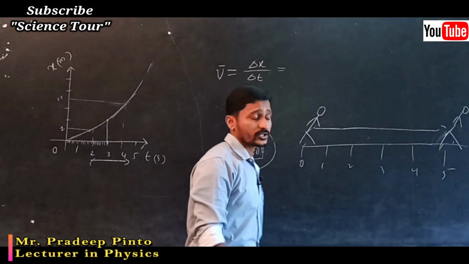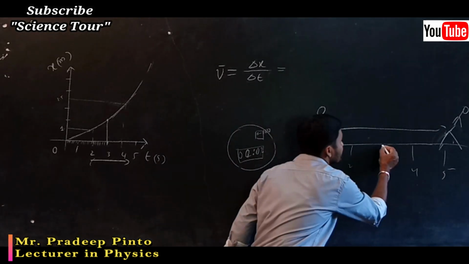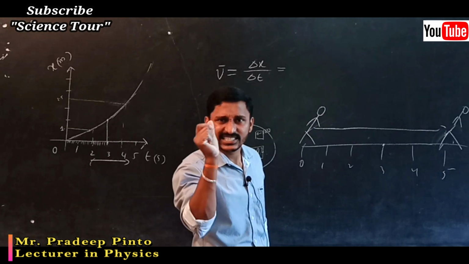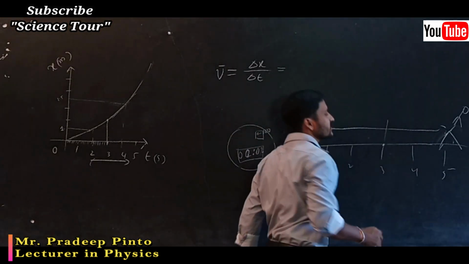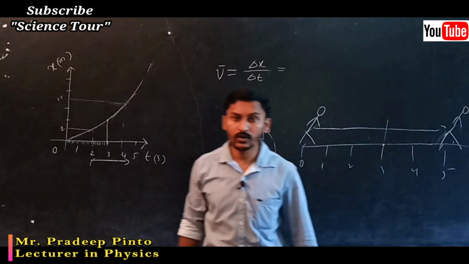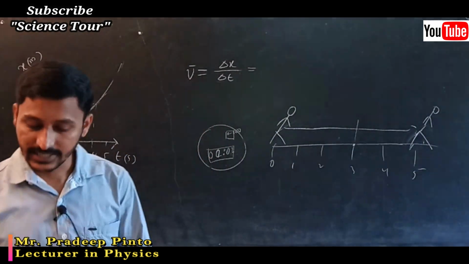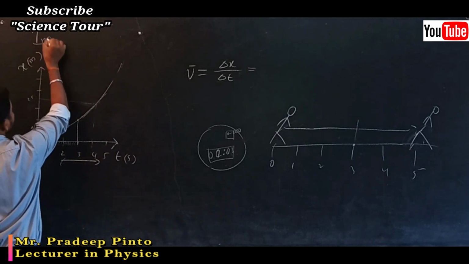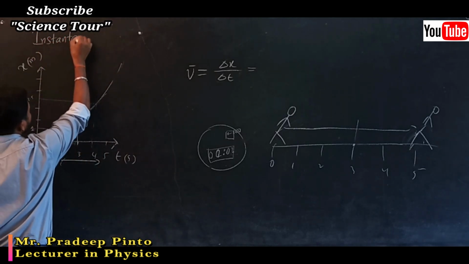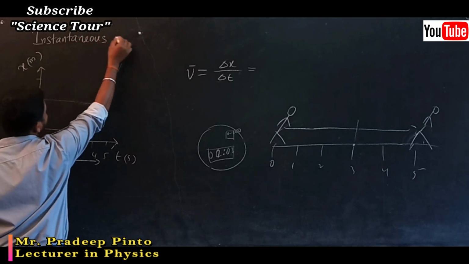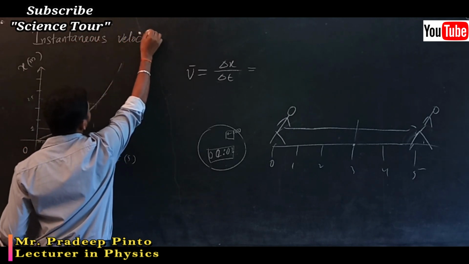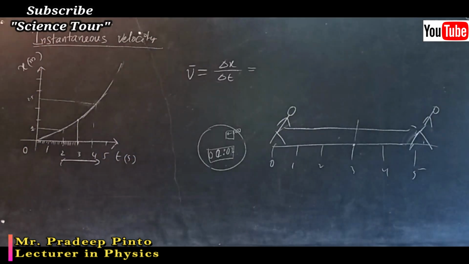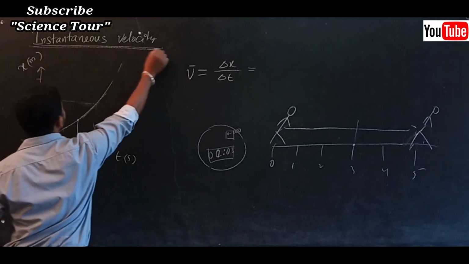Now what I have to ask you is, when you reach this 3 second, a small instant, what is the velocity it has gained? Can you find out? No, you can't say. Such velocity we will call instantaneous velocity. Now how can I find it out? Now we will go for mathematical steps to find the instantaneous velocity.